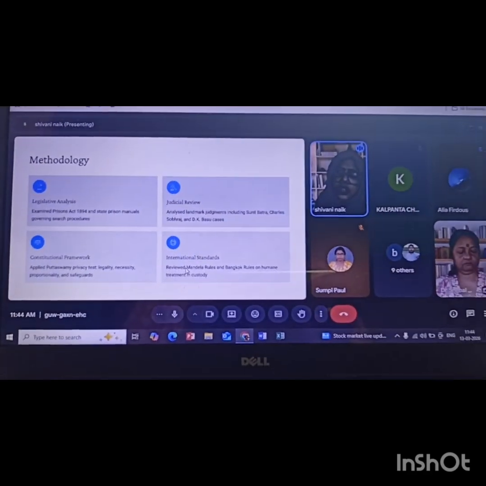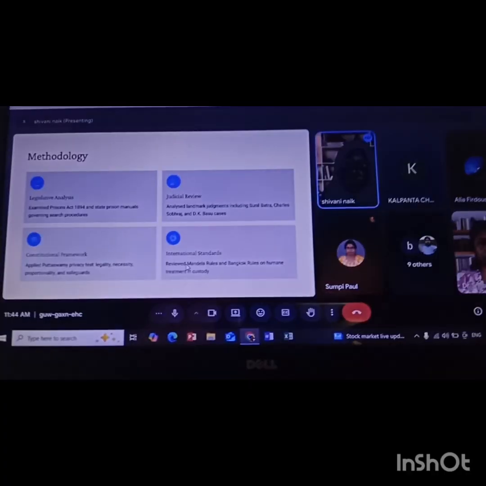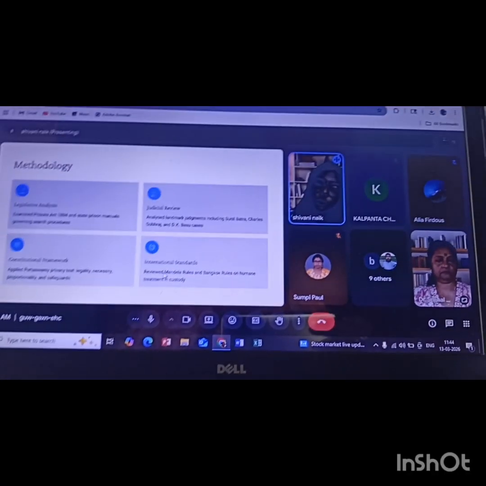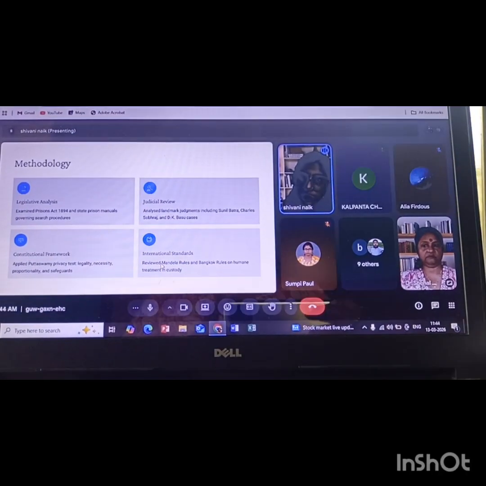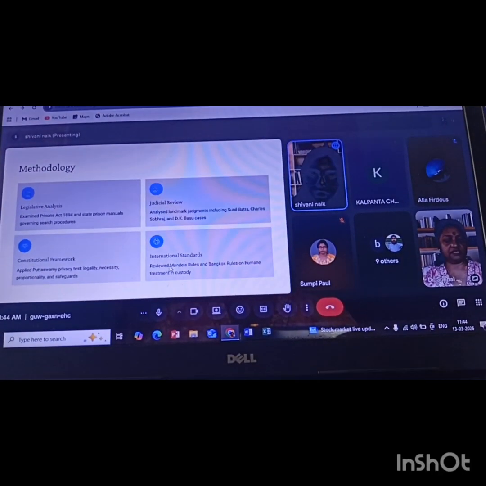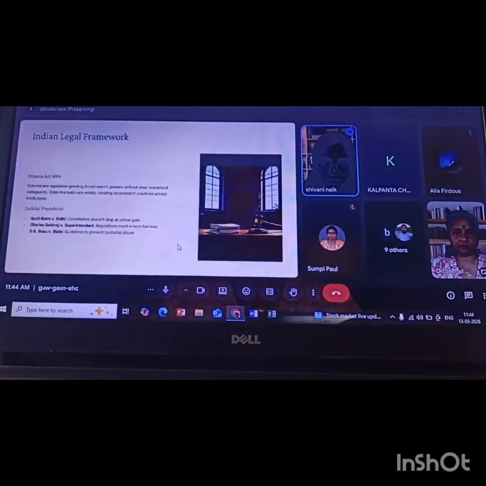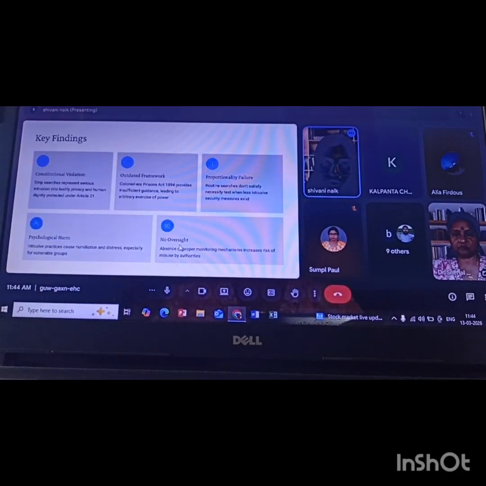Standards, specifically the Mandela rules and Bangkok rules, which guides human treatment of prisoners globally. Ma'am, should I move directly to the Yes, findings? please. Yes, please go to the findings. Yes. So,